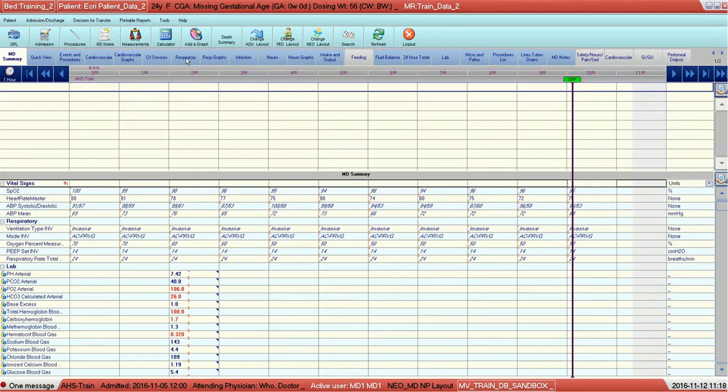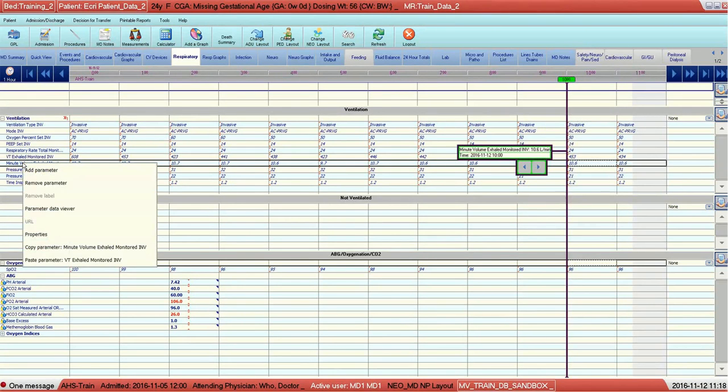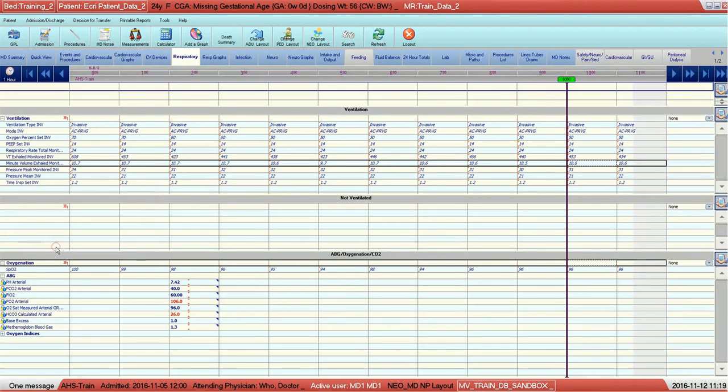So what you do is you can jump to the respiratory tab, and there's the tidal volume right there. Obviously, quite a generous tidal volume for a neonate, but he's probably doing quite well. So we want to take this to the MD summary page so that we can see it with the other data. All you have to do is put your cursor over the name of the parameter, right click, and you see at the bottom here there's a copy parameter. And if you click that